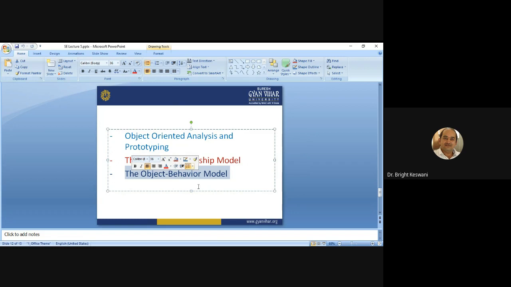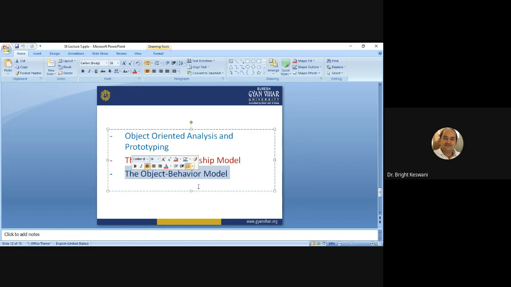The fourth step is to build a state transition diagram for your system. And the fifth point is to review the object behavioral model to verify accuracy and consistency. After all, you have to review the model which you have developed. Okay, so this is all about the object behavioral model.